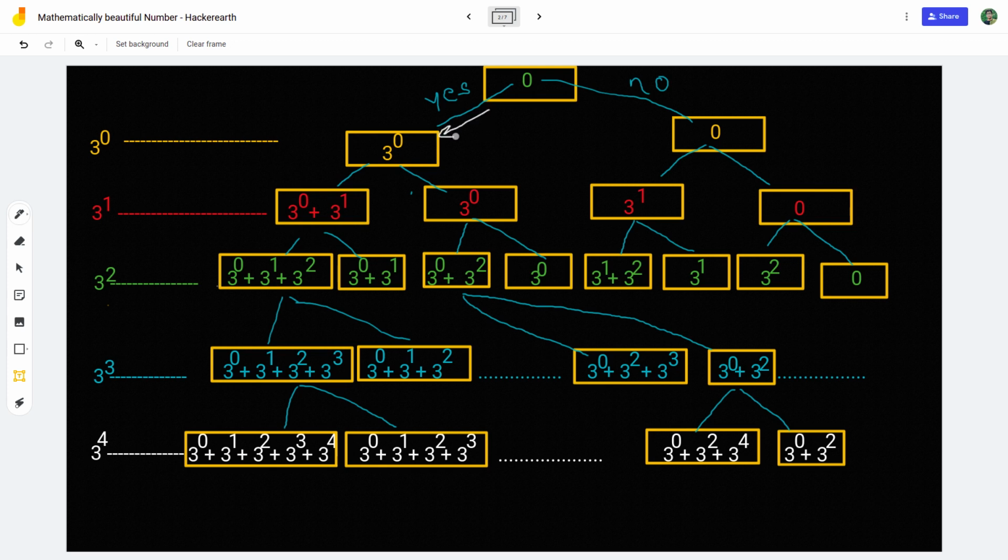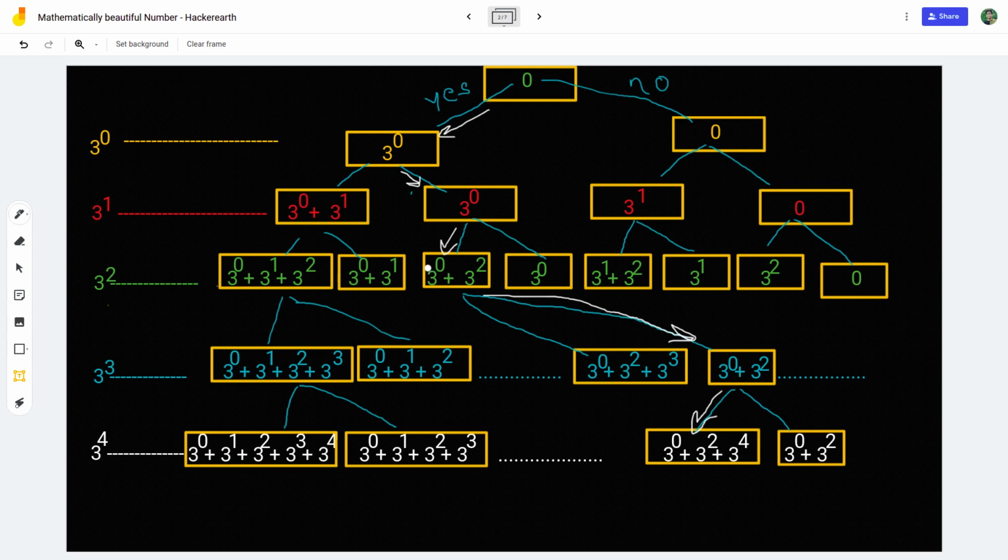We go to this path, then this path. We are not taking 3 to the power 1, then yes, we take 3 to the power 2. Then we neglect 3 to the power 3, and then we take 3 to the power 4.